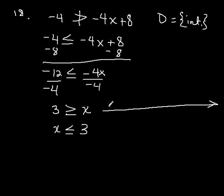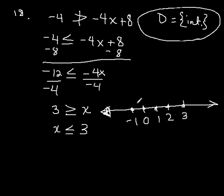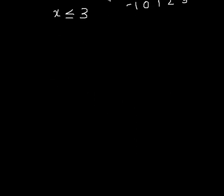So we're going to do this. We're going to put a 3 here. It's integers, so we're only going to put dots on our integers. And you can put as many of these as you want. That's probably enough. And you fill in the arrow that we're going to keep going, going, going. So keep in mind, integers are dots. And when you divide by a negative, you flip your inequality sign. Okay, last one